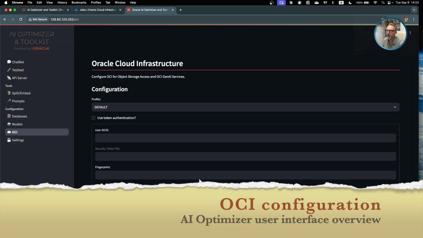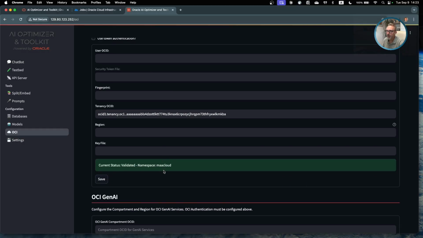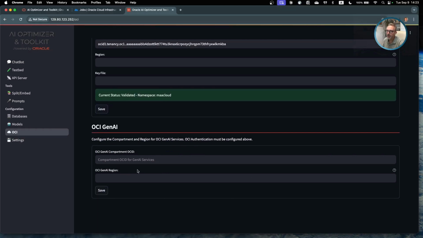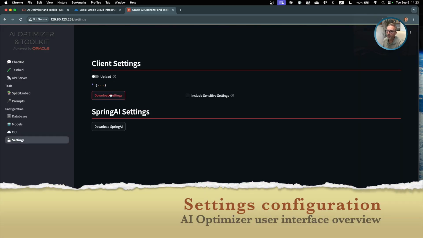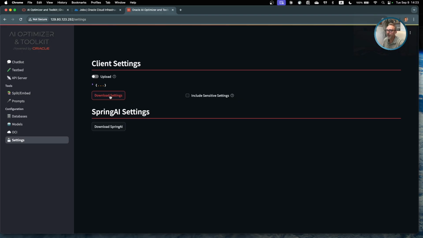Next is OCI, where you configure your account for Oracle Cloud Infrastructure, where you can then configure different things like using OCI Gen AI configurations. And then we have settings, where we can download all configured settings.